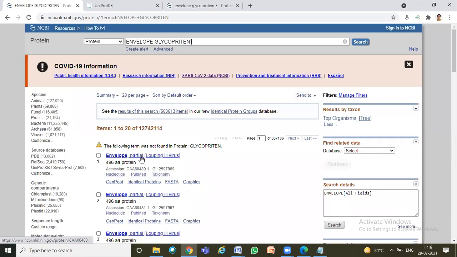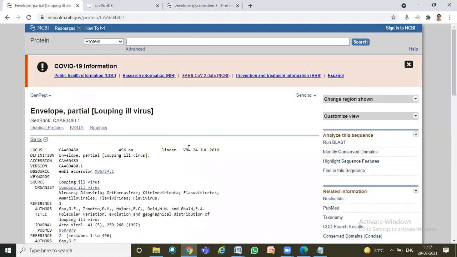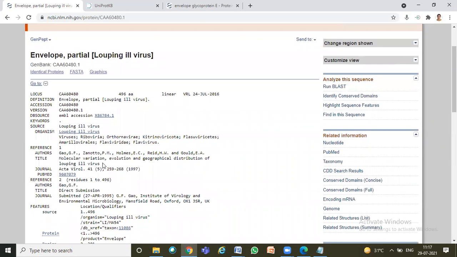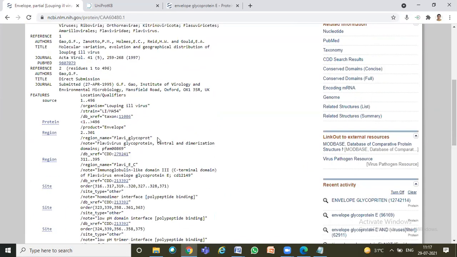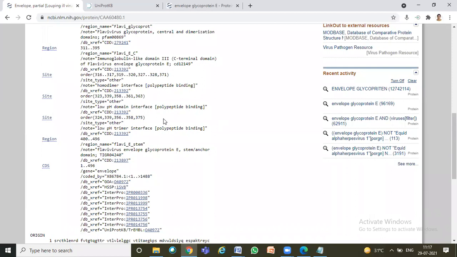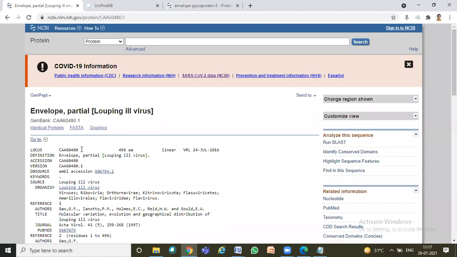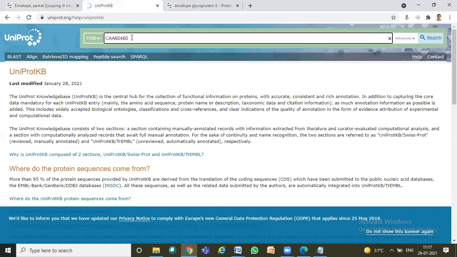So for example, if you go to some result here, you have basic information like the length of the amino acid, and which research publications gave you this protein sequence information. And it has different domains of the protein that are responsible for different activities. C terminal is doing what, N terminal is doing what, polypeptide binding activities, such basic information you will get. But the same protein sequence, let me take you to a site called UniProt KB.